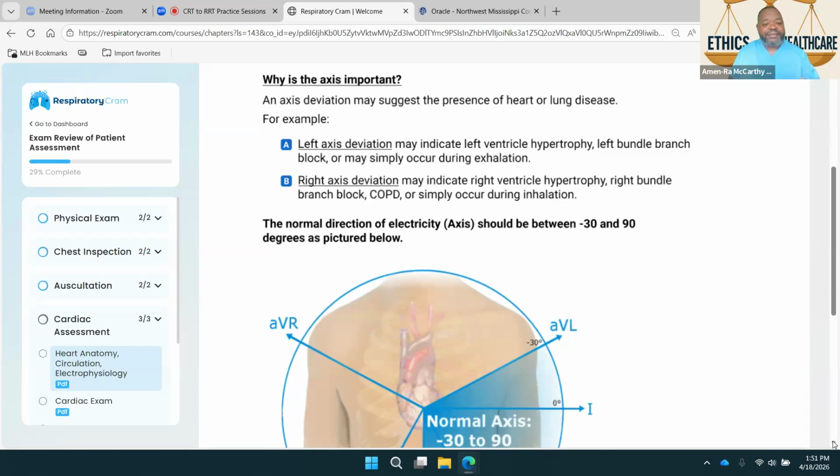So a left axis deviation may indicate left ventricle hypertrophy, a left bundle branch block, or may simply occur during exhalation, right? A right axis deviation may indicate right ventricle hypertrophy, right bundle branch block, COPD, or may occur